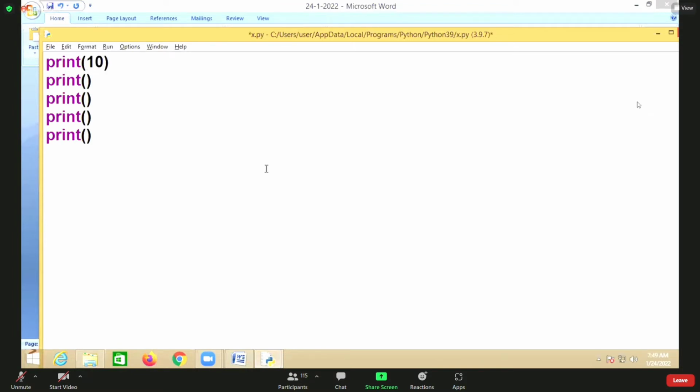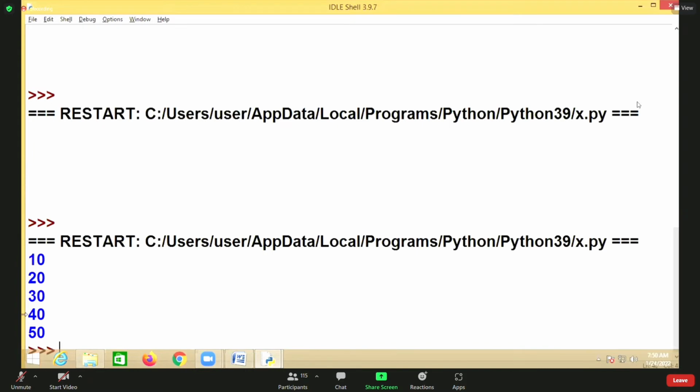I'm trying to use the value called... which one? Print 10. Okay, print 20. Okay, print 30. Print 40. And print what is that? 50. So I'm trying to use this print. How many values did I send to the print here? 1 value. How many values here? 1 value. So it printed how many values here? 1 value. So after printing 1 value, it